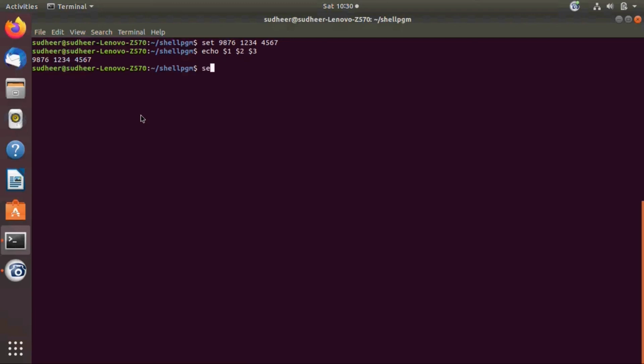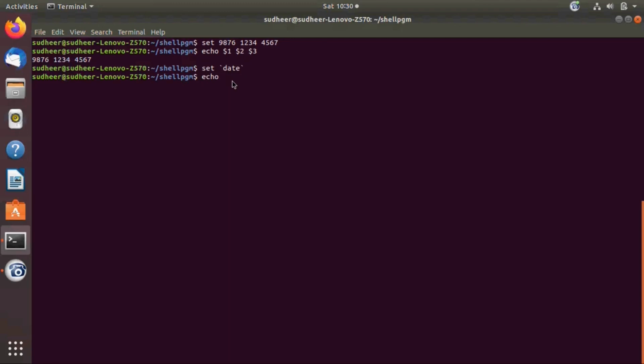Next is set date. Here we are assigning the value of date to all the parameters. Now let us assign the value and check the parameter values.